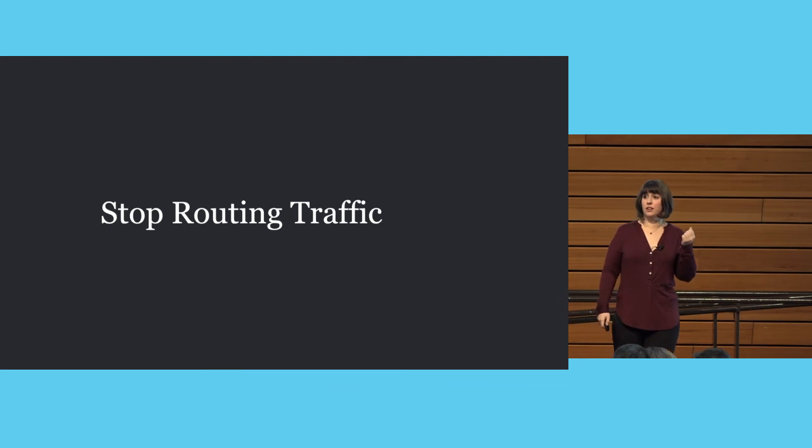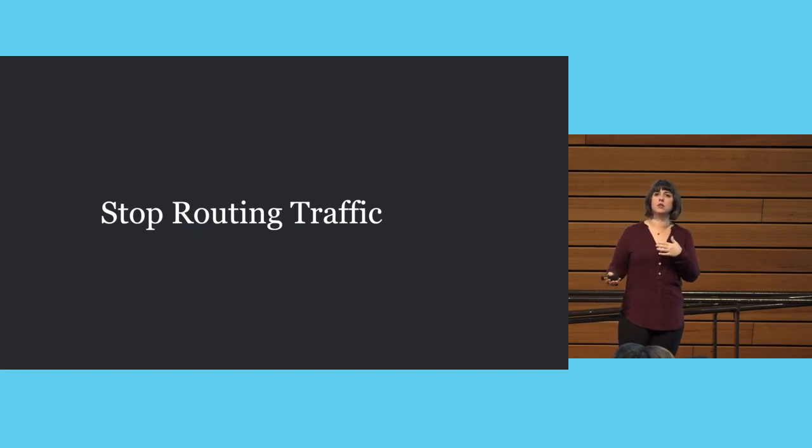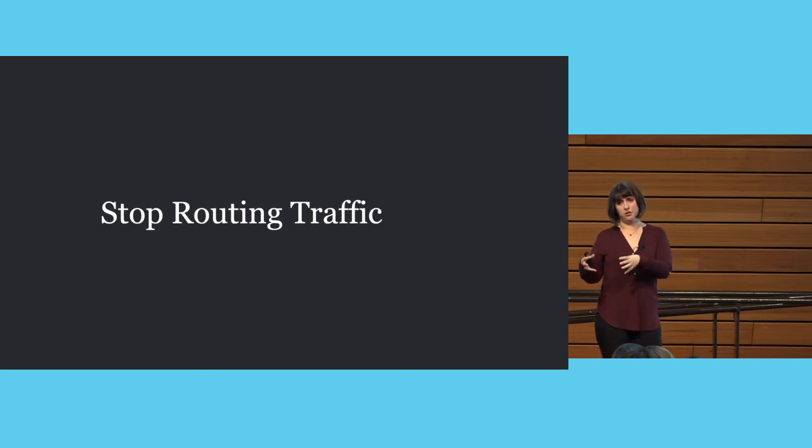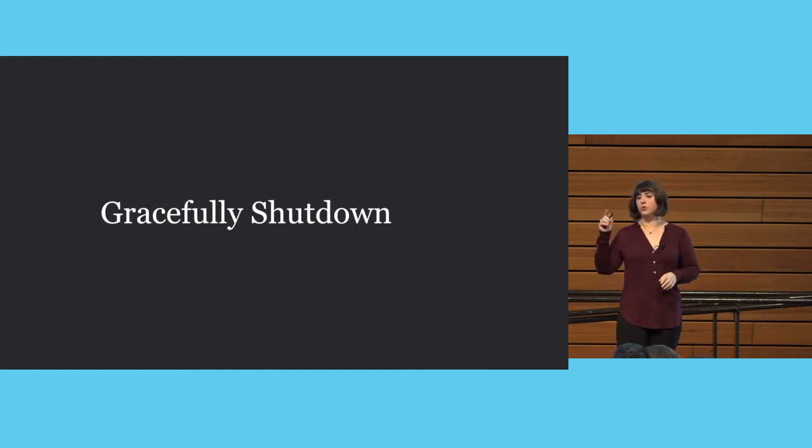So first part of deployment automation for scaling things down is stop sending traffic to it. It seems kind of obvious once you think about it, but if you're trying to tear something down and it's still getting new traffic, it's going to have new work to do. So you want to not give this application any more work, but you also want to let it finish the work that it's already doing. If there is some outgoing request from this service to another one, you want to let that finish, because you don't want to just cut everything off and then return errors.